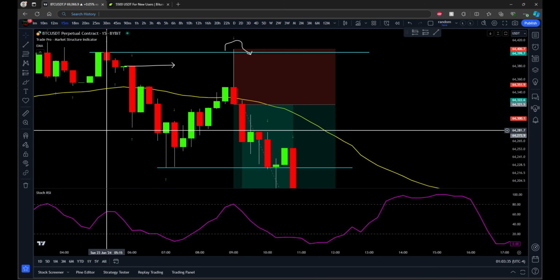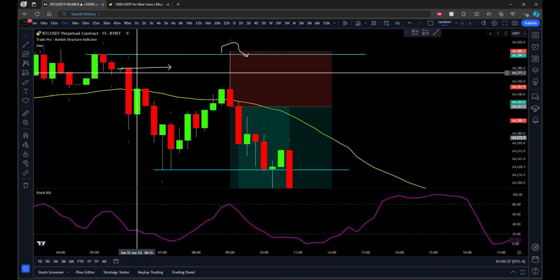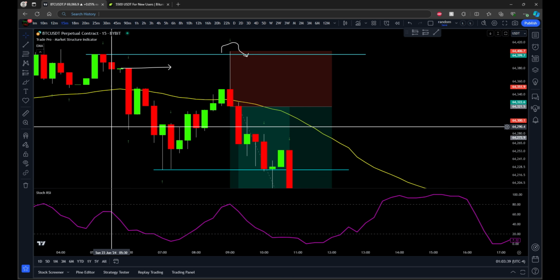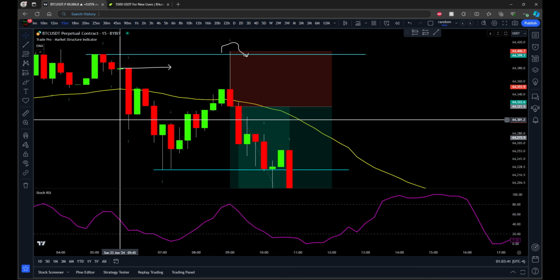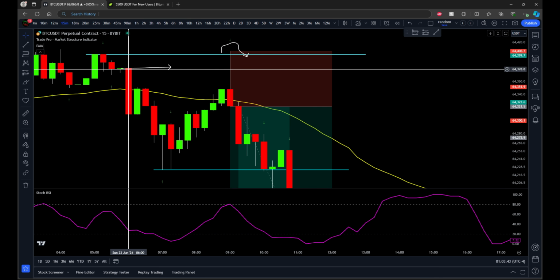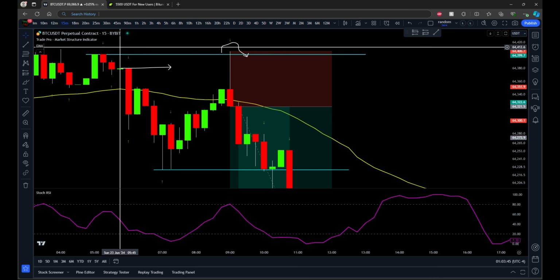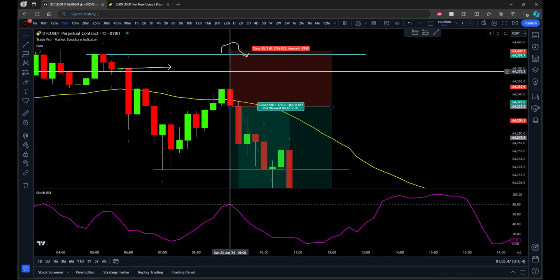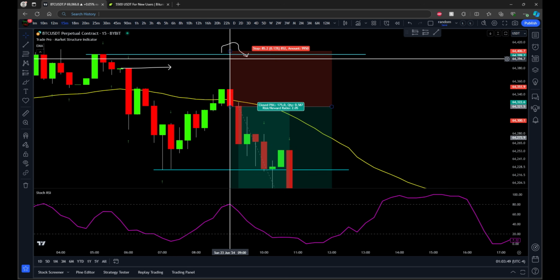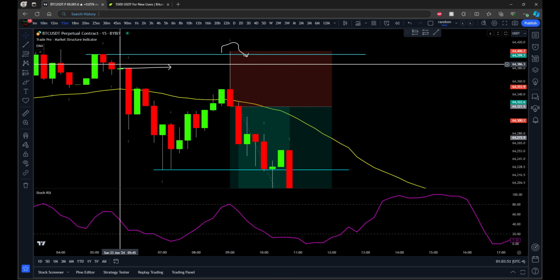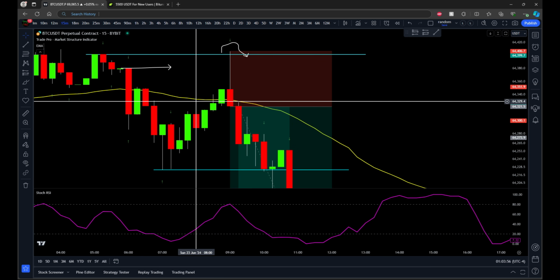So that is one of the criteria: we need to have a swing failure pattern off of an untapped swing high. Okay, so this is a short-term swing high, short-term swing high. You can see the green arrows at those highs. This wick takes out both of those levels and is a swing failure pattern. So you can see we wick both these levels, and then close back down below that 50 EMA,